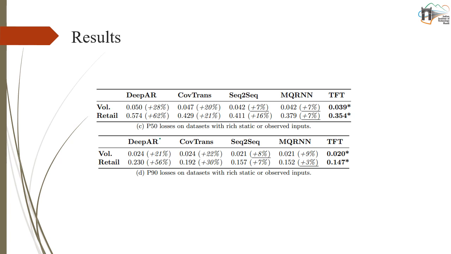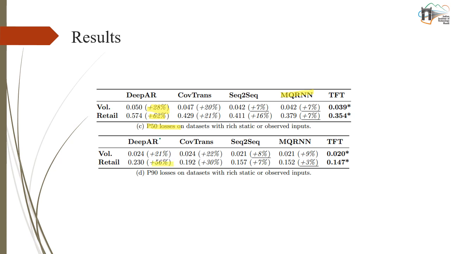So they were given a more complex kind of data set to see how our proposed architecture would perform under that. You can see in the results that our Temporal Fusion Transformers were very close to but improved on the MQRNNs, and compared to popular choices like DeepAR, they showed a slight to very good improvement on data sets like volume and retail, and these P50 losses.